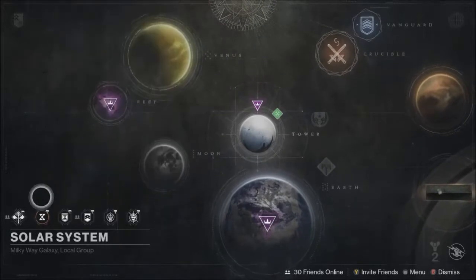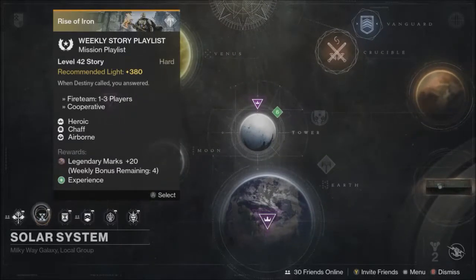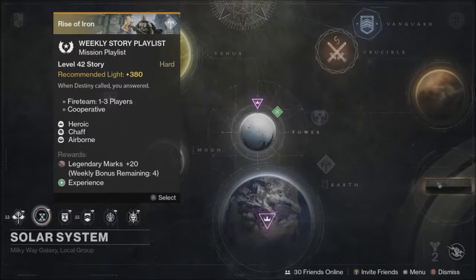Moving out to the director's screen, you have your weekly story playlist. This week's modifiers are Chaff and Airborne. Chaff means you have no radar, and Airborne means you do more damage while in the air. Treasure box on your first completion here, as well as 20 marks for your first 5 for a total of